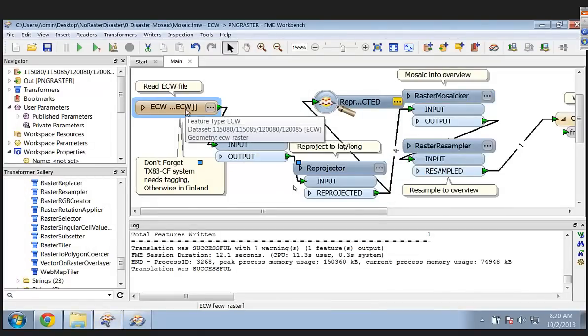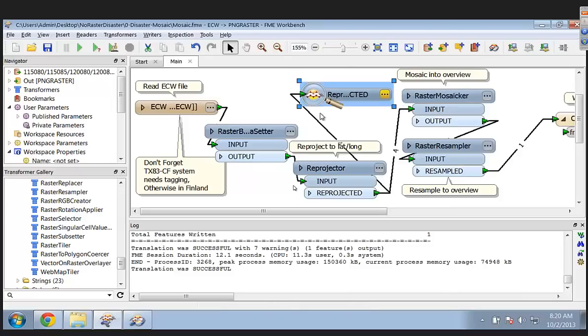Again, this was RGB data to begin with. Yes, it was. That had no concept of transparency. It's from an ECW file, which is a lossy compression. It's a very high quality lossy compression, but it's still lossy compression like JPEG or MrSID or JPEG 2000. And because a lossy compression actually changes the pixel values when it compresses, they generally don't have support for transparency or no data. Because no data is essentially set on a fixed pixel value, and if the pixel value changes, that no data goes away.